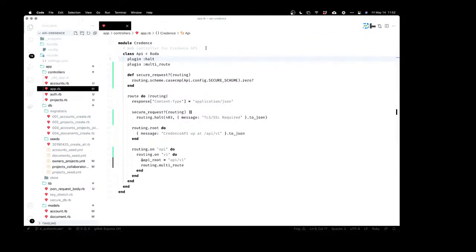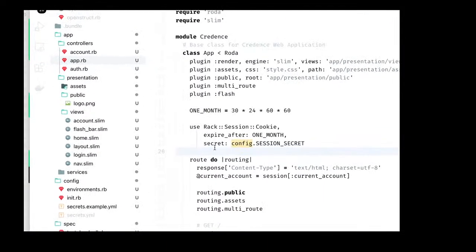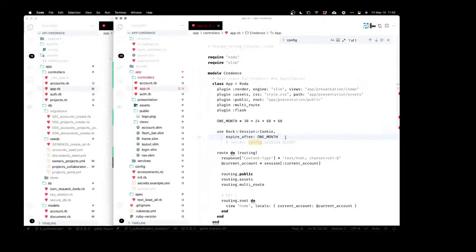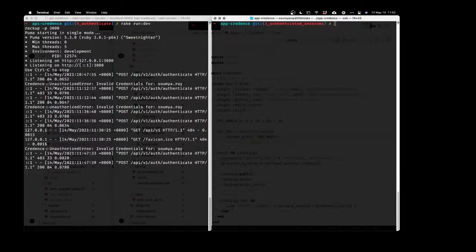And as a class demonstration, what I've usually done in most years is that I have not put a secret in here until a later week when I talk about securing web applications. But lately, what I've noticed is that if I don't provide that secret key and I start my application,